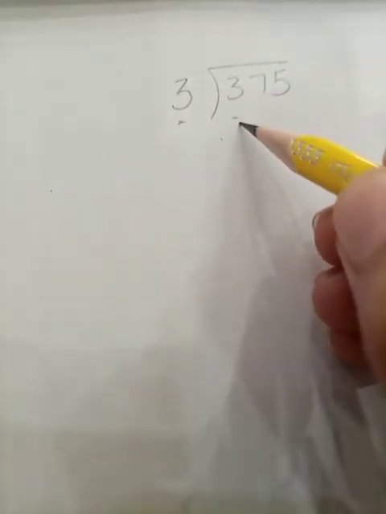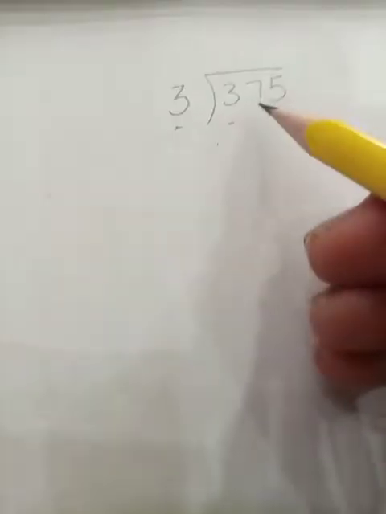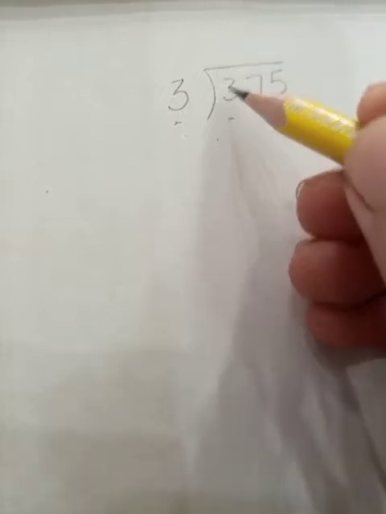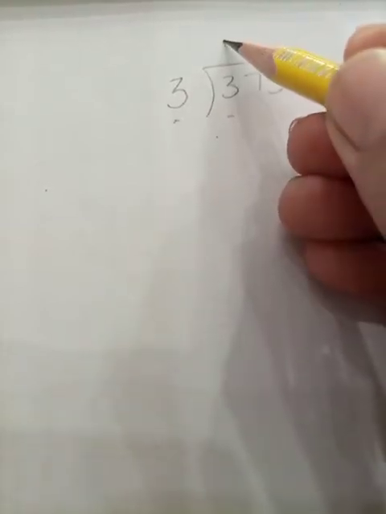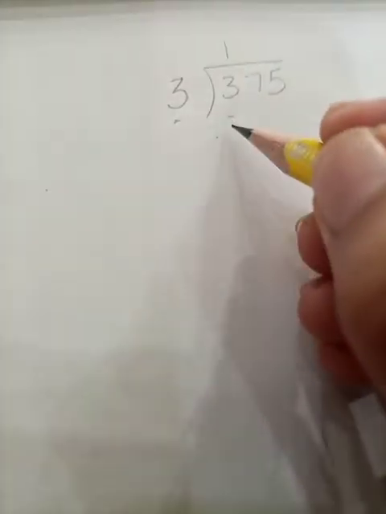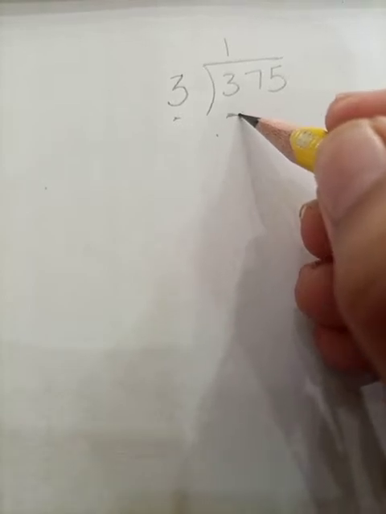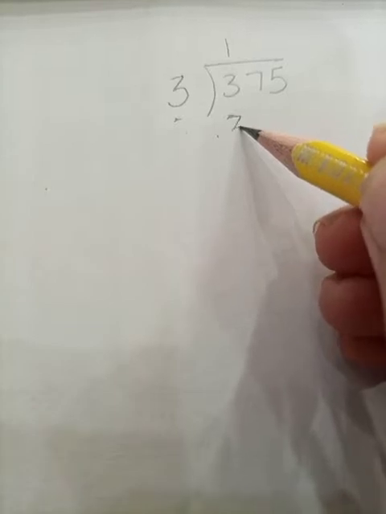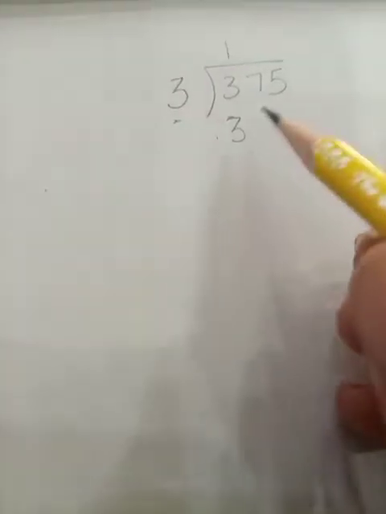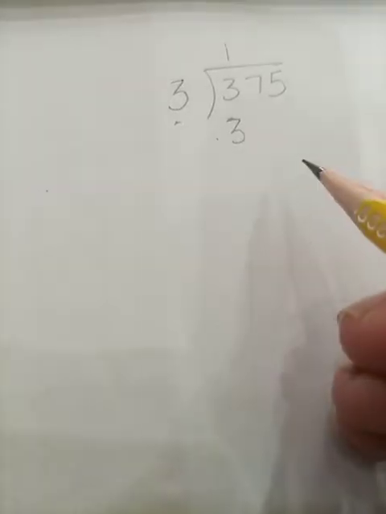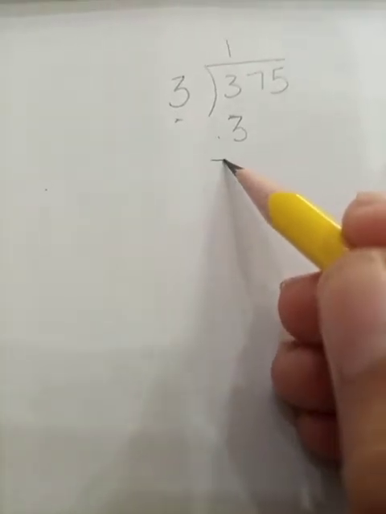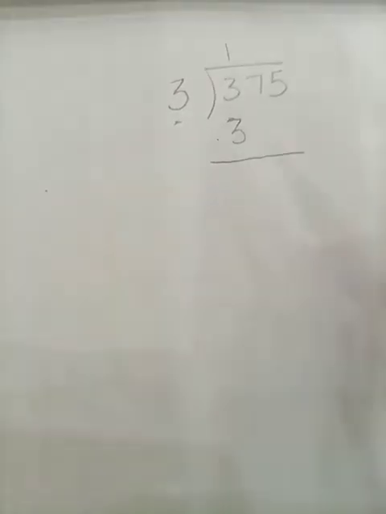So in this we are going to divide our dividend by the divisor in the first number. Here I am dividing, students. Read it with me. 3 ones are 3. So it is very easy. Let's write the product of my quotient and my divisor just beneath my dividend. Here I have written it. So students, tell me what is the next step. The next step is subtraction. Very good. Now we are going to subtract it.